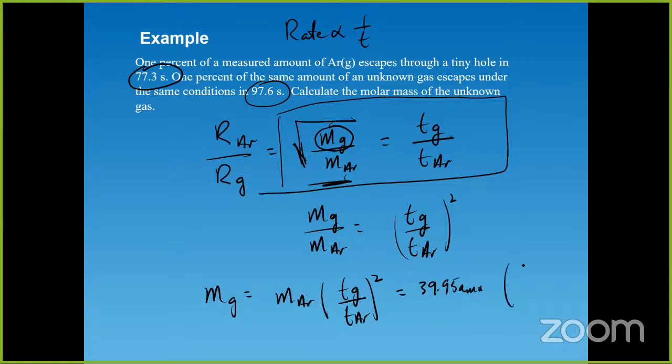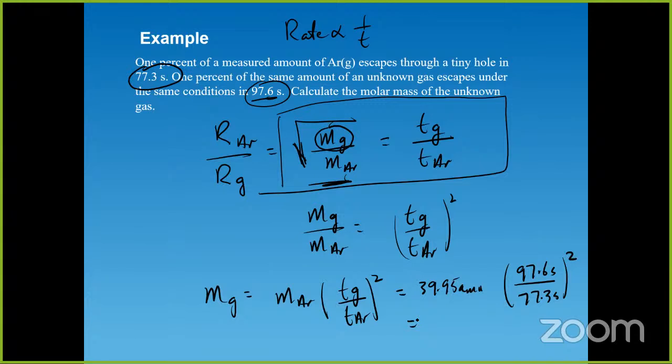And then I'll multiply that by the time of effusion of the unknown gas, which according to the question is 97.6 seconds, divided by the time of effusion of argon, which is 77.3 seconds. And of course, we can't forget to square that. So now we're going to do the number crunching. The 97.6, we're going to divide that by the 77.3, and then we square that, and then we multiply by